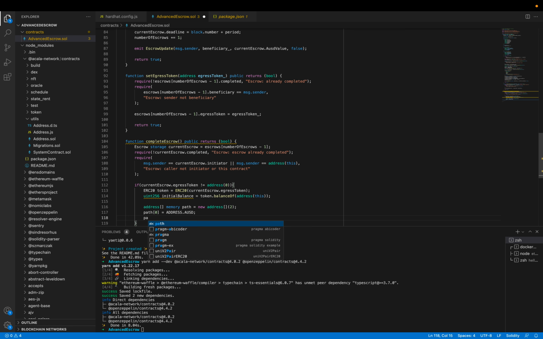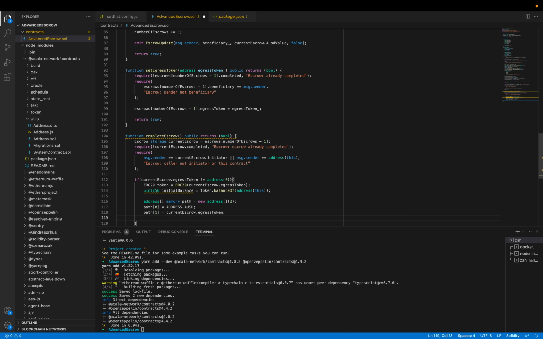And the second element within path will be the address token. We'll use the same function as we did before. So we'll call DEX's swap with exact supply,